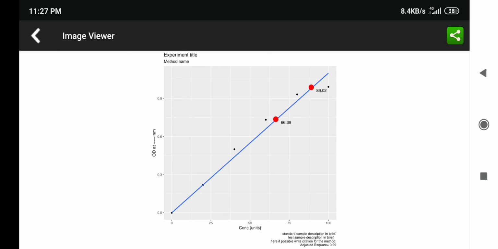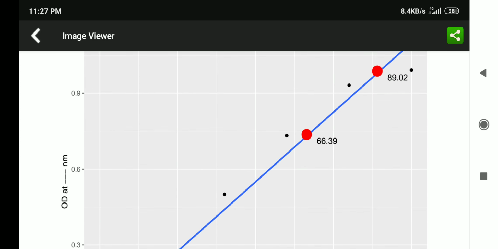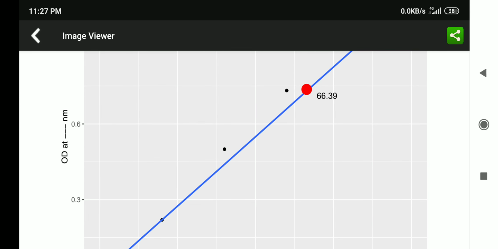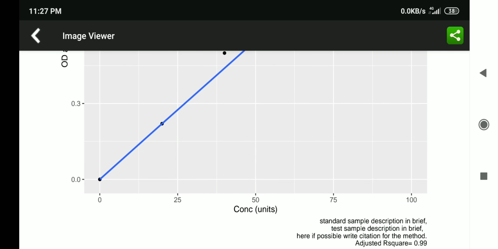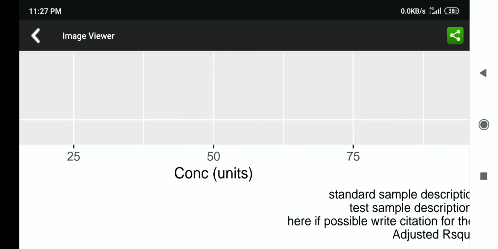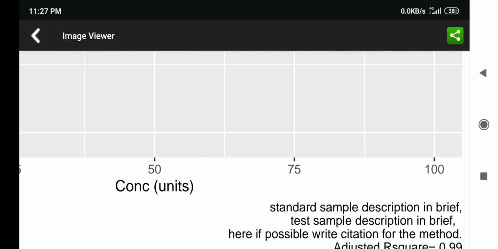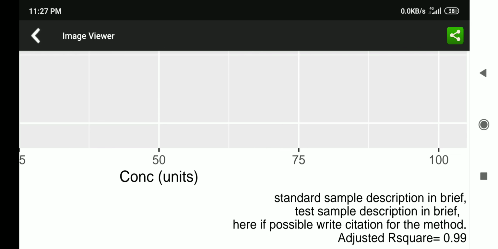Now this is the graph where the title is there, then the y-axis name is there. Here you will write your wavelength, and for concentration you will write your units, and this caption is there. Standard sample description you have to write, test sample description you have to write, and if you have a citation you can write it here, and the adjusted R square is 0.99, which will come from your model.